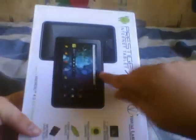It runs Android 4.0, has a 7-inch capacitive 5-point multi-touch screen with a resolution of 800 by 480. It runs a Cortex A8 1.2 GHz processor. 1.2 GHz ain't too bad for a tablet. 512 megabytes of DDR3 RAM. I'd personally like a little bit more than 512, but again, considering it's a tablet, I don't think that's too bad. It has an 8 GB internal solid state drive, with the micro SD card slot allowing for expansion